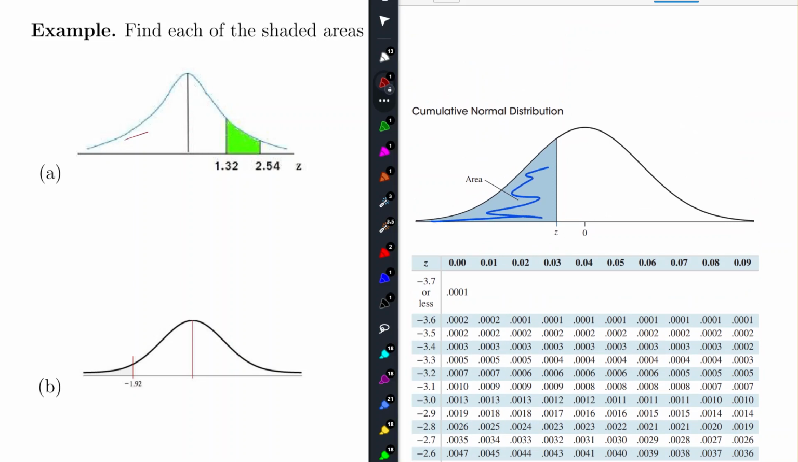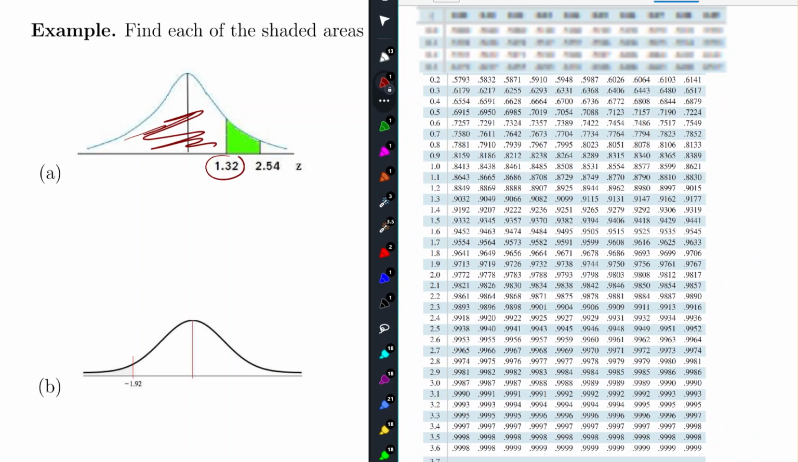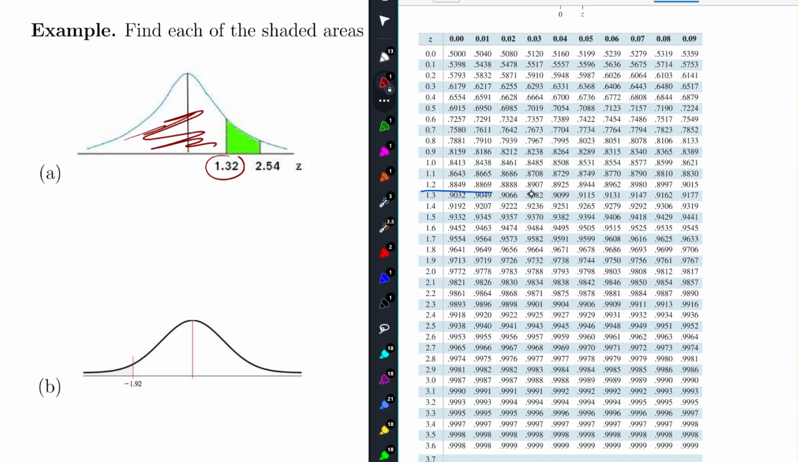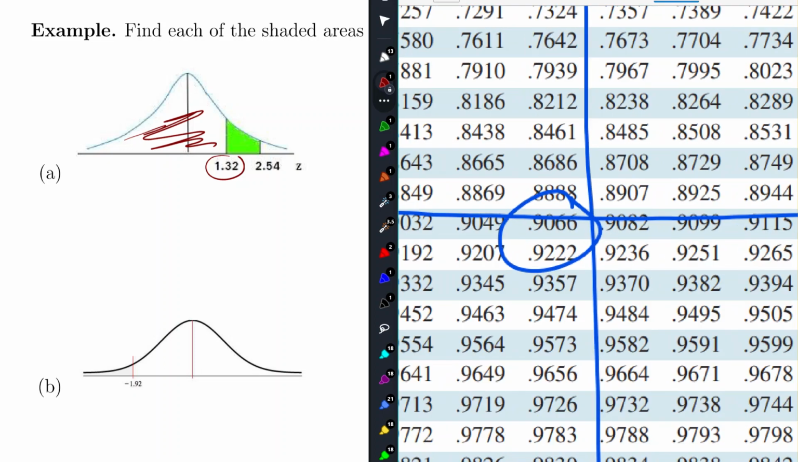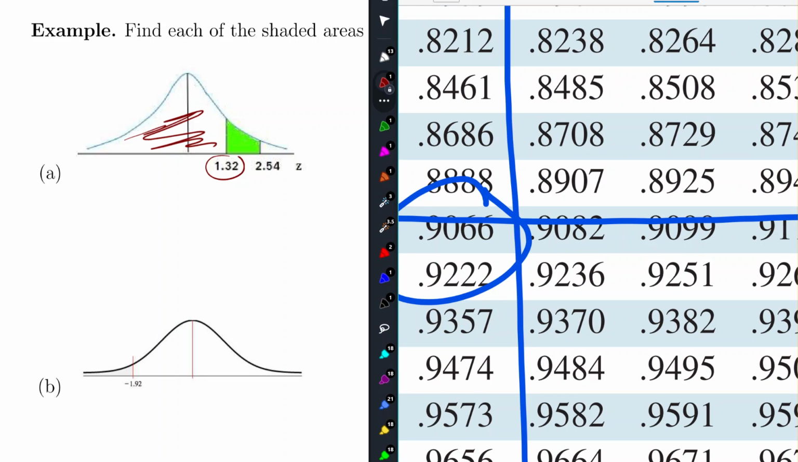So for instance, if I want to find the area to the left of 1.32, I need to go to the second page. I find the row of 1.3, the column of 1.32, and that's specifically the value, when I zoom in, 0.9066. So if I was to quickly sketch that, if I've got 1.32, everything to the left of that is